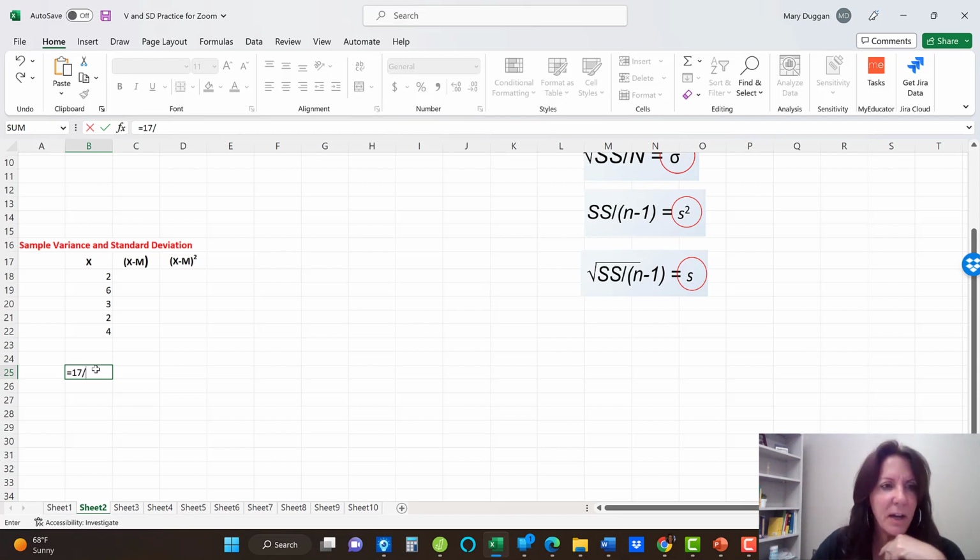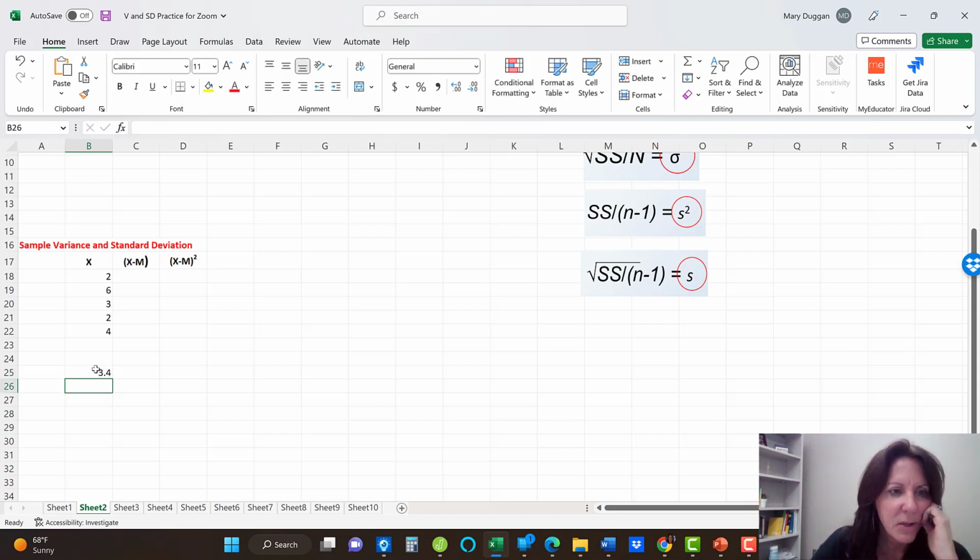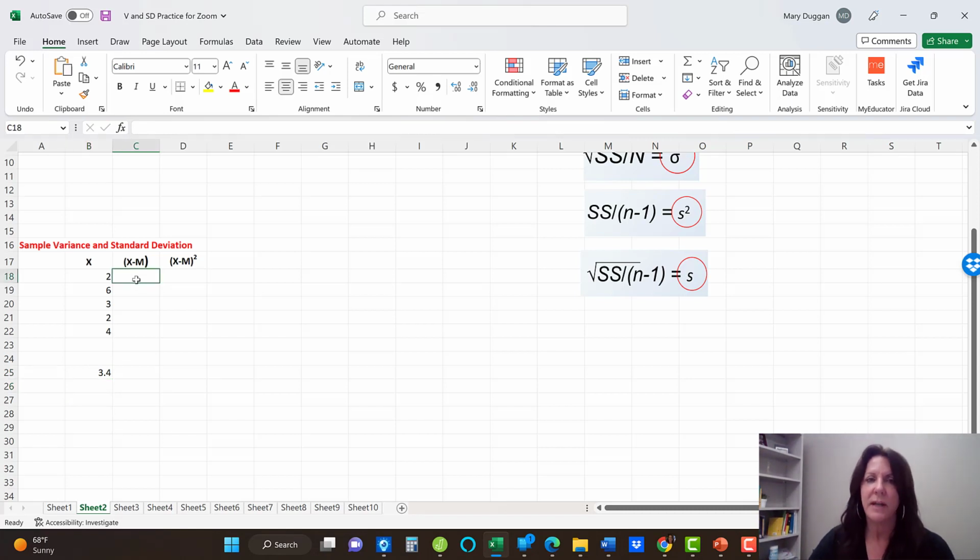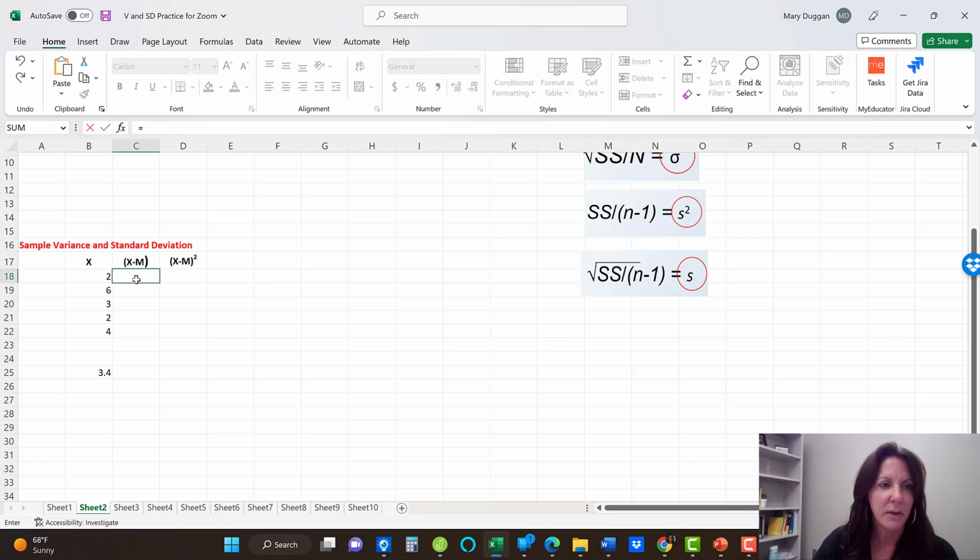Yeah, 17 divided by 5. So my mean in this case is 3.4. So to find a deviation score for each one first, because I need to find the sum of the squared deviations, I need the deviations first, equals 2 minus 3.4,